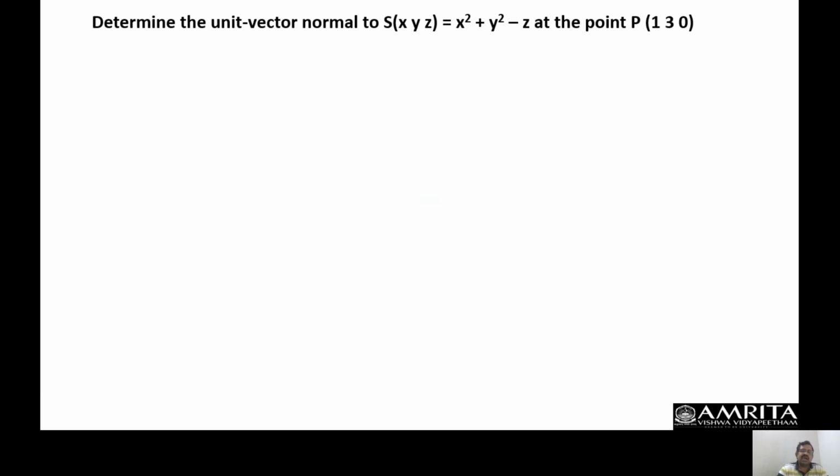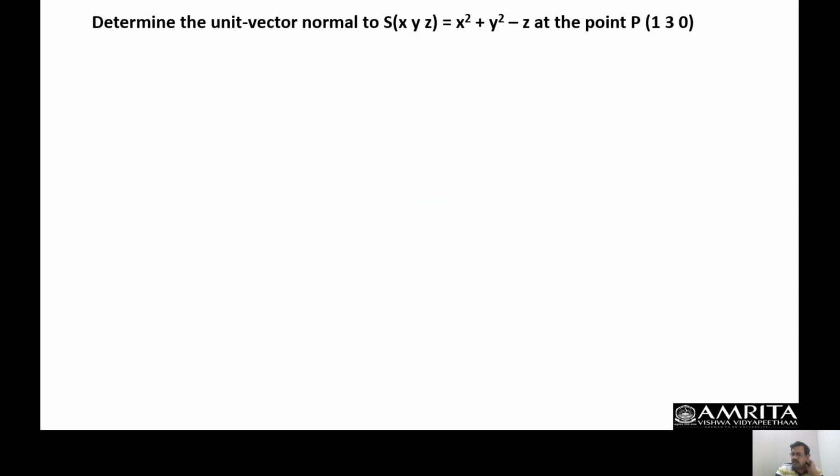Okay, now come to the question. Having understood that we can get the unit vector normal to any surface by taking the gradient, I employ the formula for any vector function. Let us say vector A: if I want to find the unit vector, I have vector A divided by mod A. Similarly, I can get it from the gradient. The normal vector is nothing but the gradient. Then I can get the unit vector normal to the surface as gradient divided by mod grad. So that is what we are going to do.